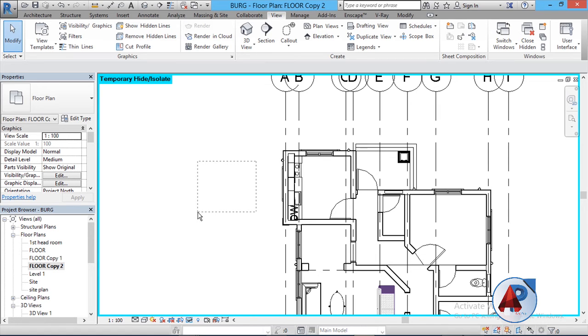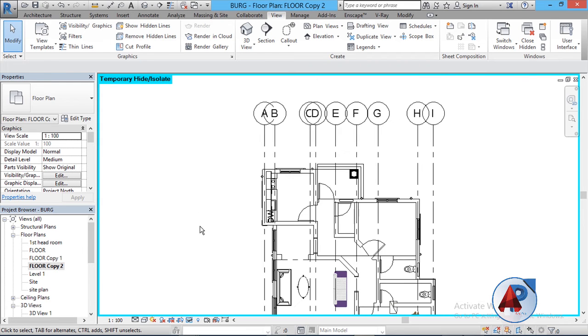The difference between the window selection and the cross selection is that when you make a window selection, it's only going to select a particular element that is covered within that window. But with a cross selection, as soon as it touches the edge or the body of that particular element, it is picked automatically. Let me show you an example.